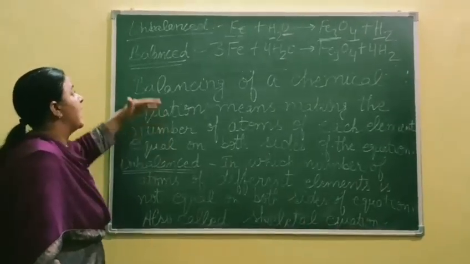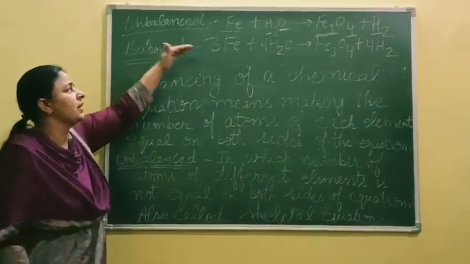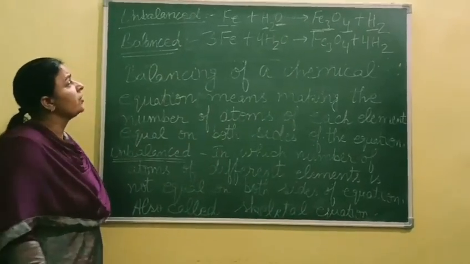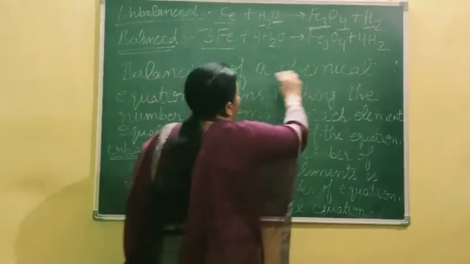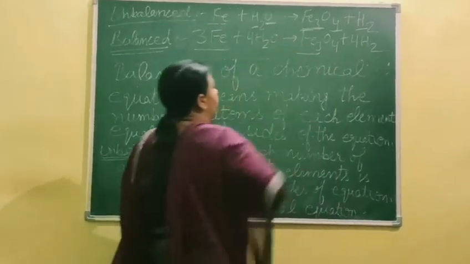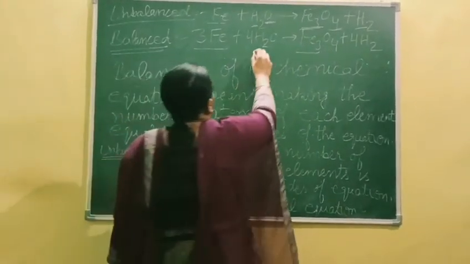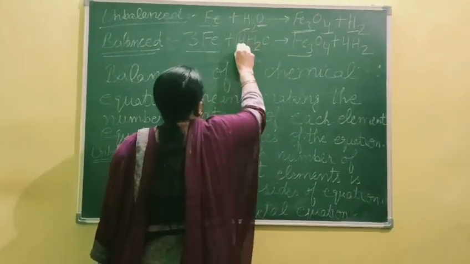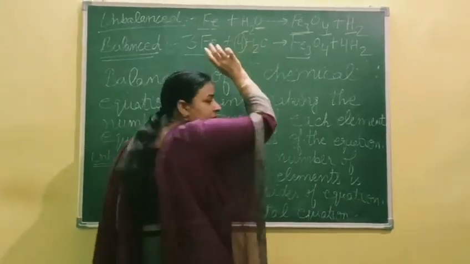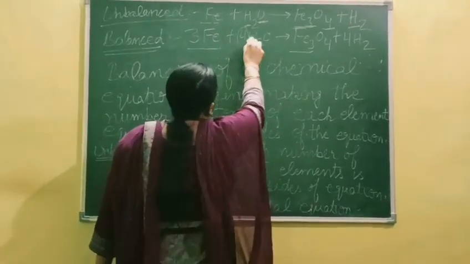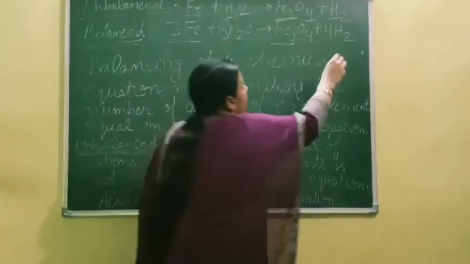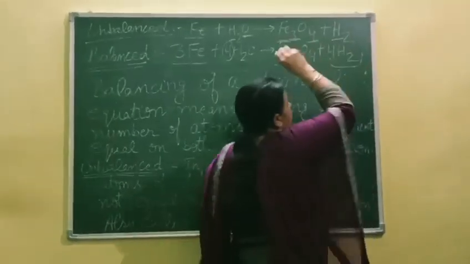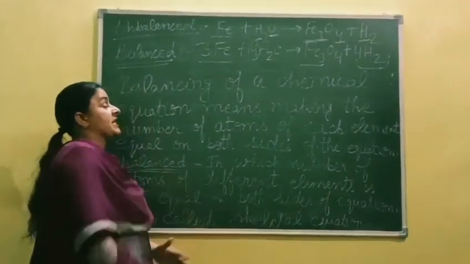So after that, balanced chemical equation. So here you are watching. Here Fe atoms are 3. On this side it is also 3. Here hydrogen atoms are जो आगे वाला है वो सबसे multiply होता है. So 4 2s are 8. Here 8 atoms of hydrogen are present. Here on this side also 8 atoms of hydrogen are present.